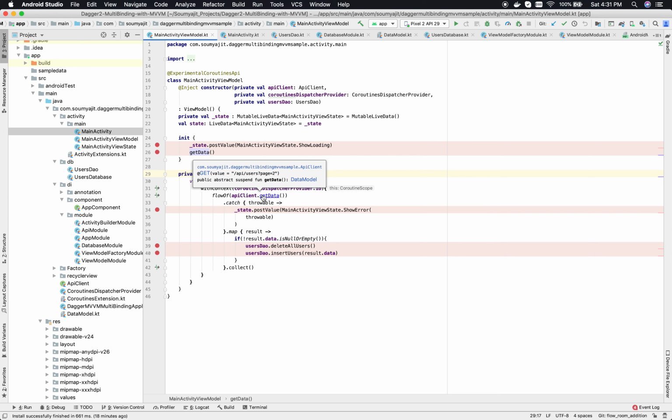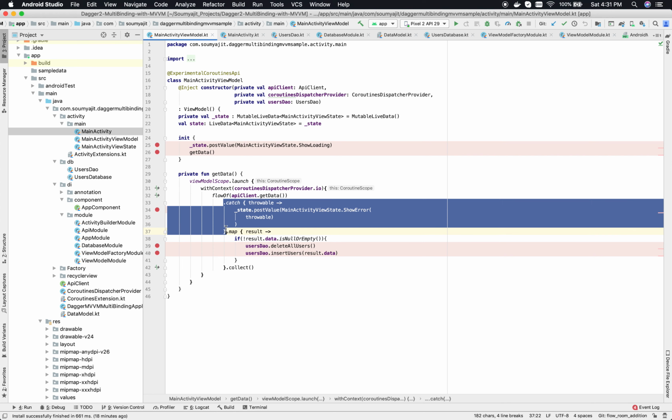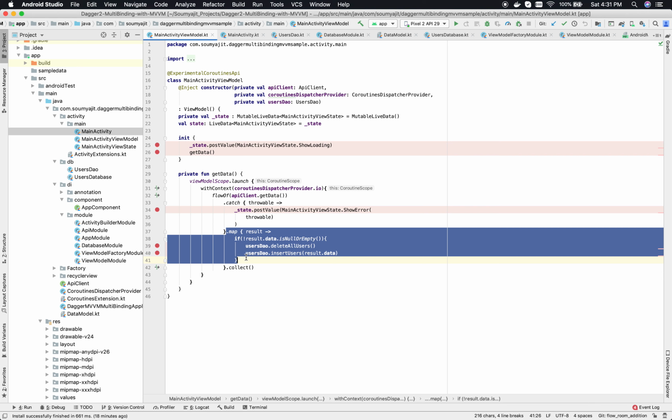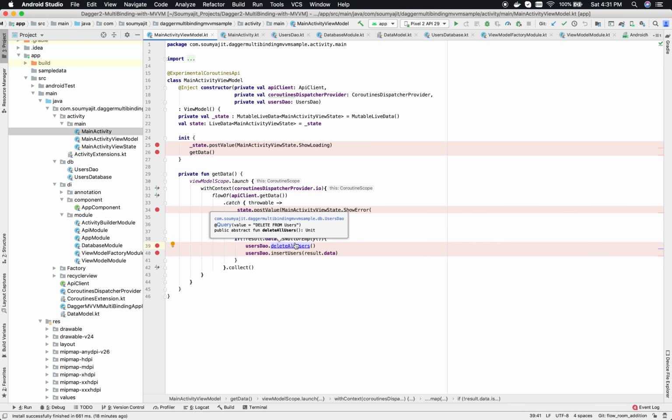Using get data we hit the API, which gives us back a flow using the data, and we catch the error if there is any, and if there is a successful response we map it, and we delete anything if it is present in the database, and insert the new one.